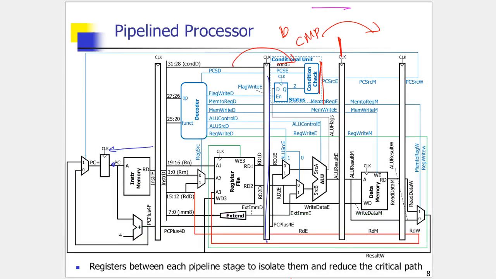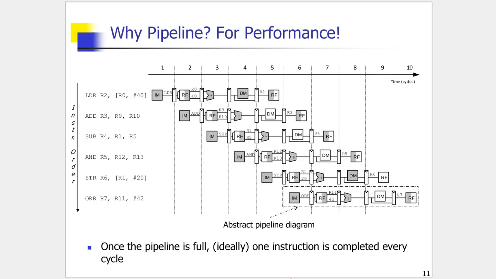If you look at this diagram, you see the first instruction completes only at the end of 5 cycles. The second instruction completes only at the end of 6 cycles. The third instruction completes only at the end of 7 cycles. So how many for 9 instructions? Yeah, 9 plus 4, 13. Yes. Because in the first 4 cycles, nothing completes. At the end of cycle 5, 1 completes. So you essentially need to add 4 to the total number of instructions. So the total is 9 plus 4, 13.